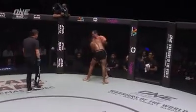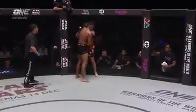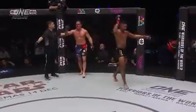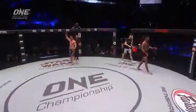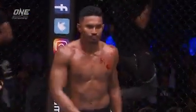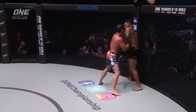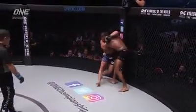Amir Khan backs Pang against the fence again. It's going to be the highlight victory of Amir Khan's career. My word, what an ovation for these two amazing athletes. What a match. At 23 years old, Khan is demonstrating the composure of a seasoned veteran. Look at the way Pang was consistently pushing forward and the way Khan was able to dictate where and when